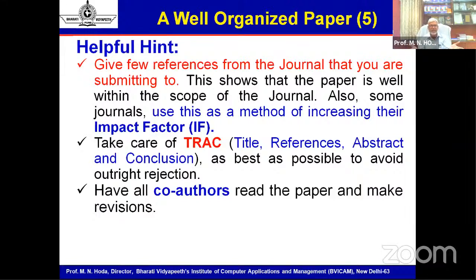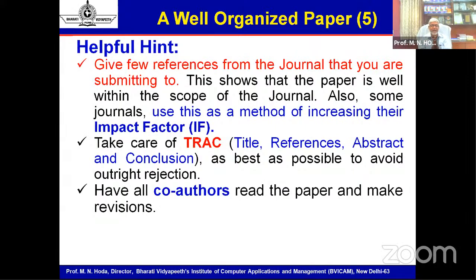That doesn't happen just by giving references, but we'll see to it, because it is not only your interest, it is now the interest of the editor-in-chief as well. So this is a very helpful hint. Many publishers even will write, after the paper is completely revised and the acceptance notification is sent to you, that this is the link where the archive of my publication is available. Go through this, and if you find 5 to 10 references, please do refer to 2-3 references of my publication in your paper, because that helps them improve their citations. Citations help them improve the impact factor, and there's a whole business which no one can deny, right?